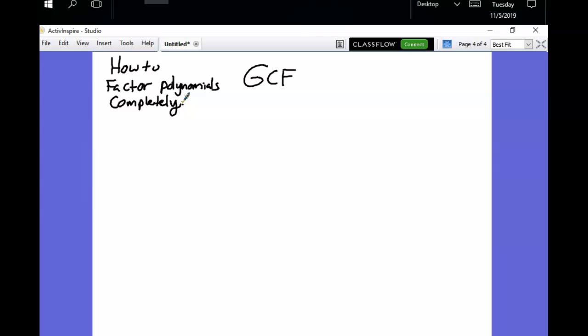Okay, so here's how you factor polynomials completely. In other words, not just once, but maybe a few times. The first thing you do is you always start by looking for a greatest common factor. It may be there, it may not, but you always start by looking for a GCF. Yes, there usually is. Now, at that point, if you have 2 terms,